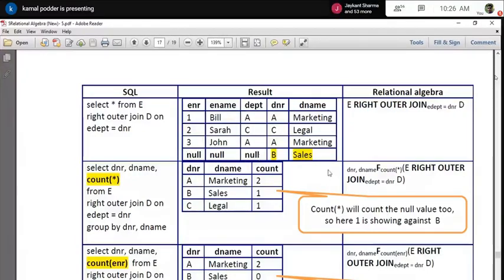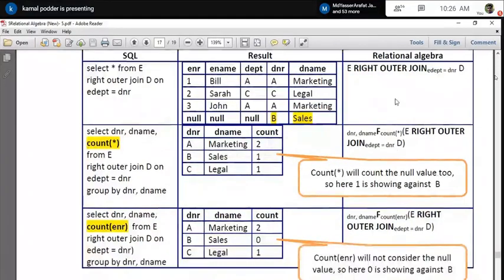Now we are getting a result set which contains all the departments as well as their respective employees if there are any, or null if there is no employee. On this particular result set, if you find the count, then only we will get the correct result. I need this type of result creation, and that is only possible with the help of outer join. In this case, we have to write E right outer join D.